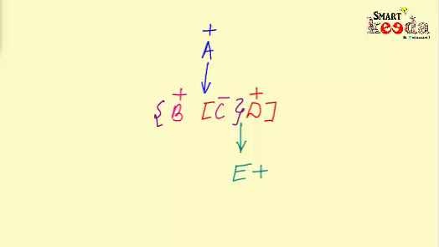Now if we are asked who is B to E, then you can see that to infer a relationship between B and E, we will have to draw a tilted arrow like this, which suggests that B is not E's father, but as B is at the same level as that of E's parents, B will be E's uncle. Now as B is from the side of E's mother, he will be E's maternal uncle. And if he had been from the side of his father, he would have been his paternal uncle. And this is how we will solve this kind of questions.